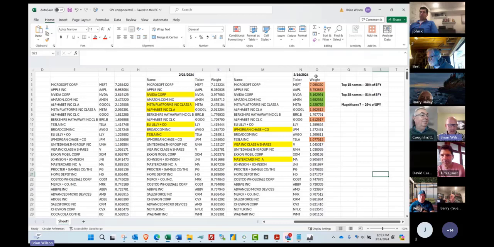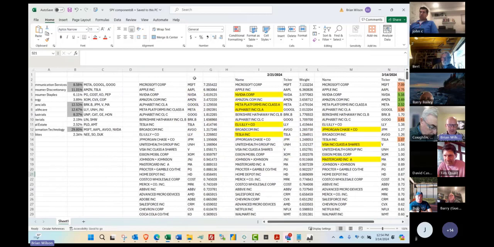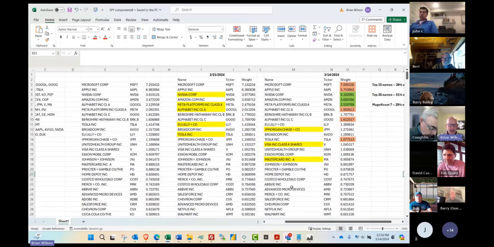You can see over a 3-week time frame here, we're starting to see some of the weightings go down, and I've highlighted specifically the Magnificent Seven over here on the right, and of course there's 8 when you look at the alphabet voting and non-voting. But you can see that weightings are going down in 5 of them, weightings are going up in 3 of them. And if you back this look up, and I forgot to get this date, but this would have been about 6 or 7 weeks ago. If you look at the weightings then compared to now, they're going down a little bit.